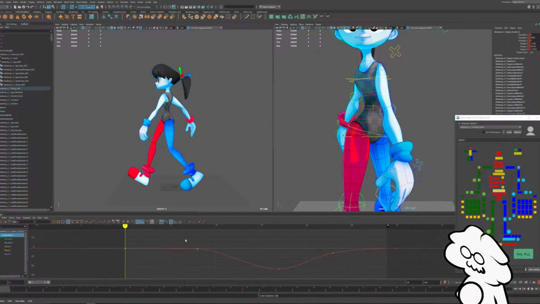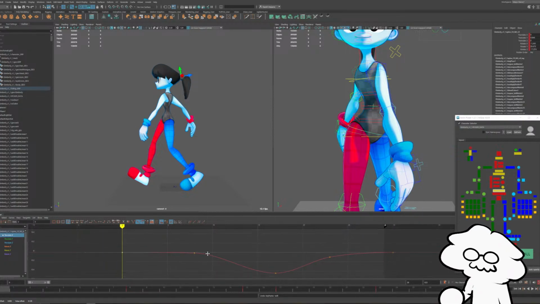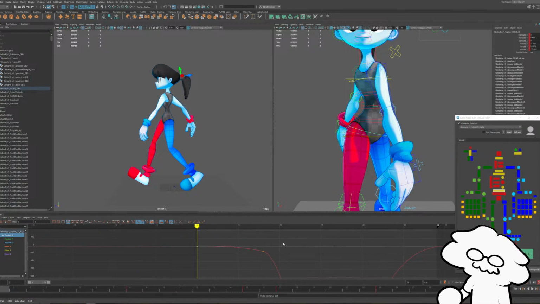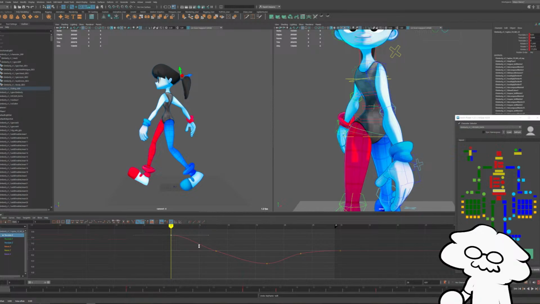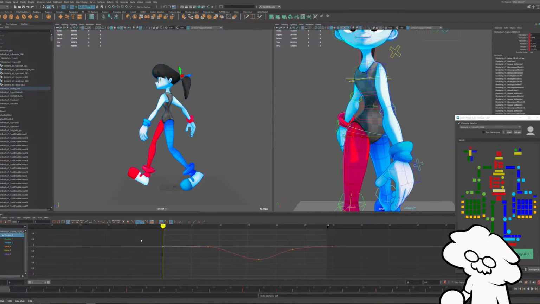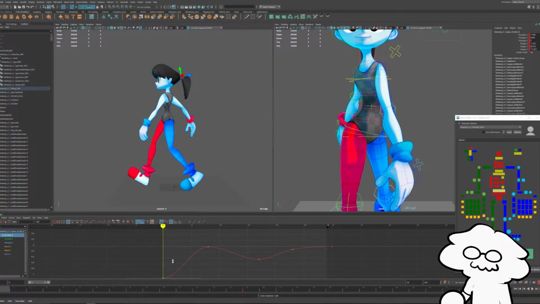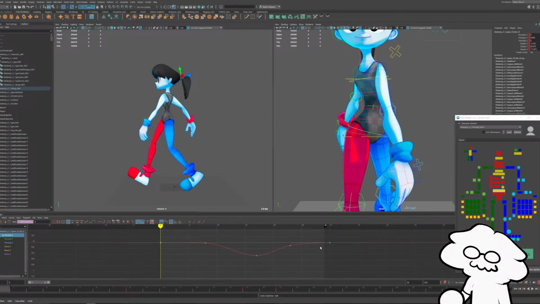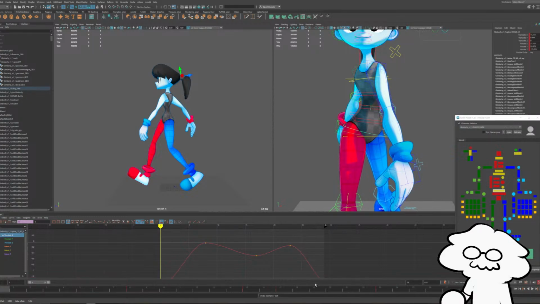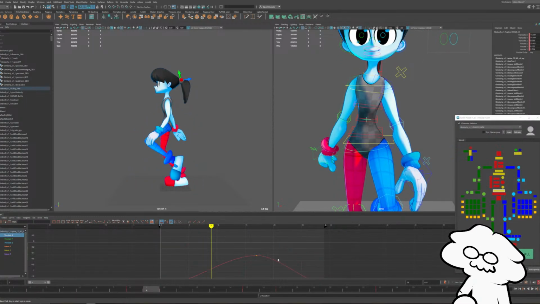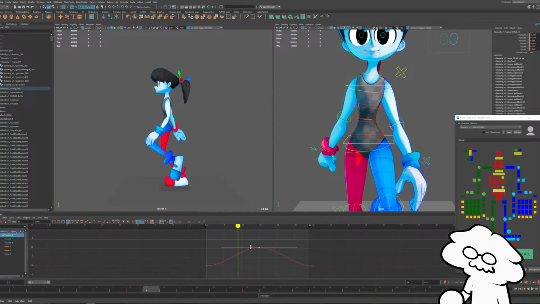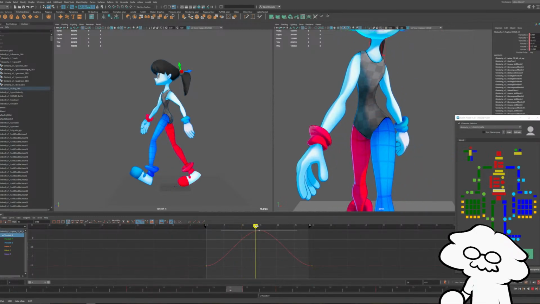Since I already have the position or translate keys in place, I'm just going to take my graph editor and position them where I need them to be. So on these frames, frame 0 and frame 30, we'll move it to the left. Delete these keys, and then frame 15, we'll move it to the right.